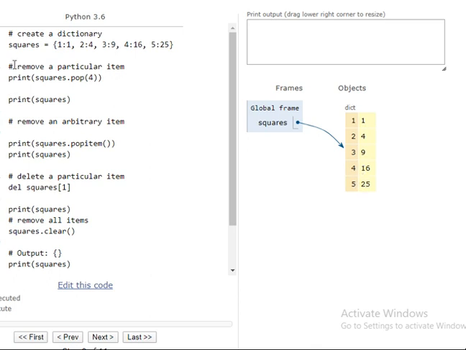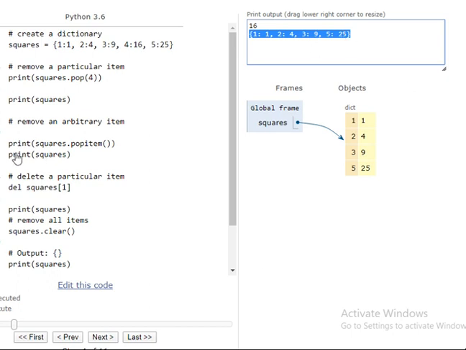And we are going to pop the first element out of the dictionary, that is 4:16 is going to be removed. So when you do that, we see that this is popped out. The remaining items are printed, that is, other than 4:16.